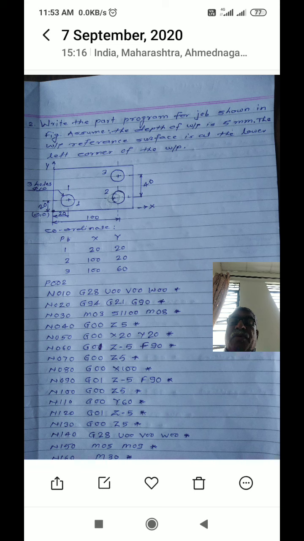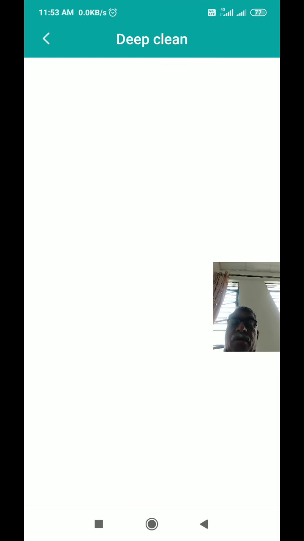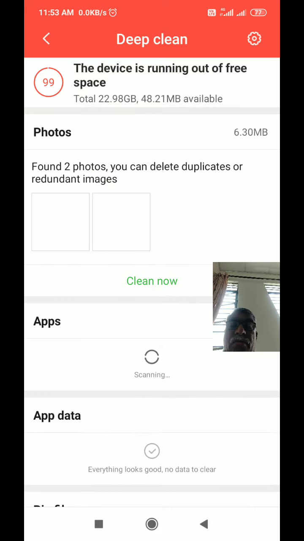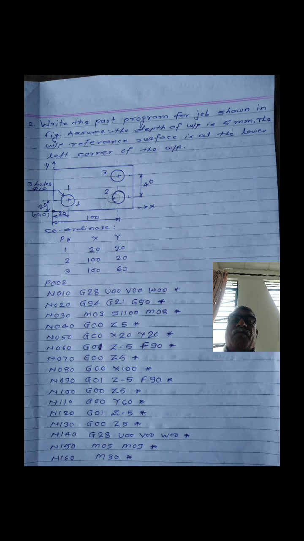Here you have to perform the drilling operation. To perform the drilling operation you have to use the code G01, that is the linear interpolation function followed by the feed rate. In this block you have to mention the feed rate. Okay, that is block number 060, G01. And what is the depth of the hole? Minus depth of hole is 5 mm. Therefore your tool goes into the workpiece, and you have to measure the z coordinates from the reference point. Your reference point is